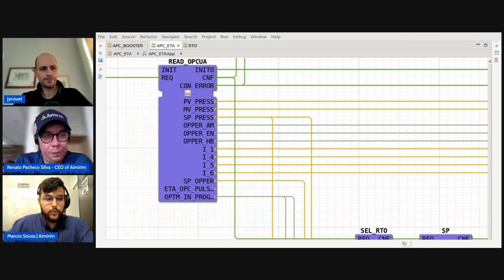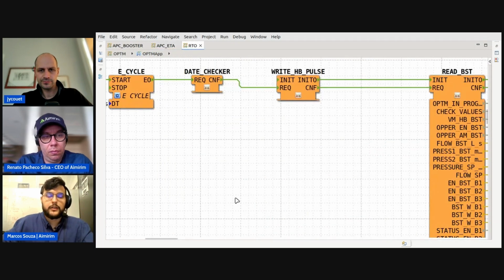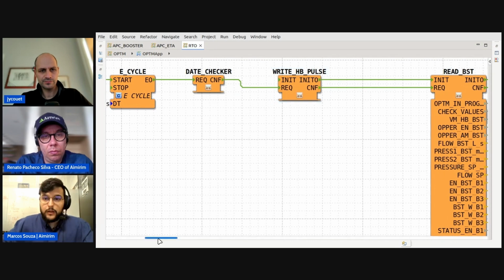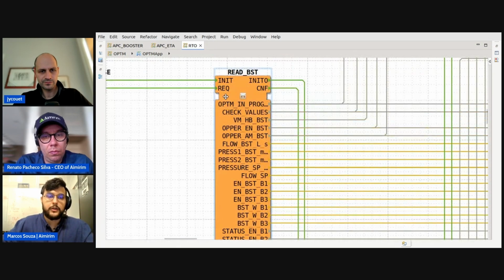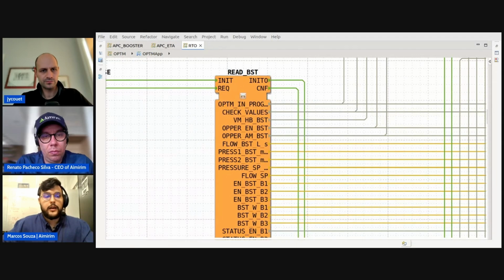And also, we have a different project here that is a real-time optimization. It's a more complex project that can do some different things. In this case, for example, we also have some readings from the PLC, and in this case also OPC UA, but we can also read from other kinds of vendors like Siemens, Rockwell, Modbus, and